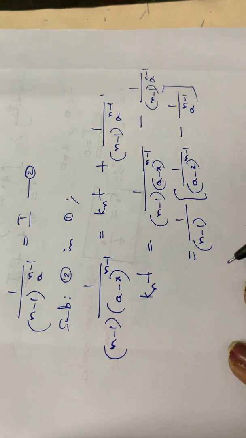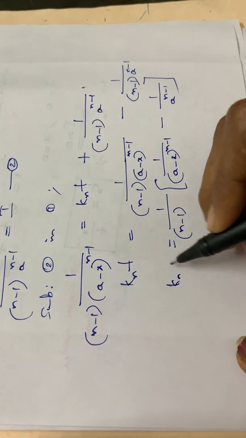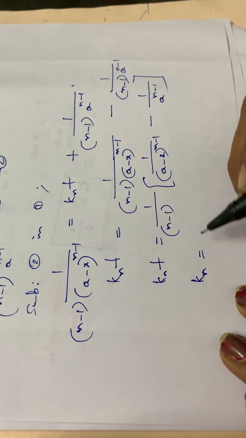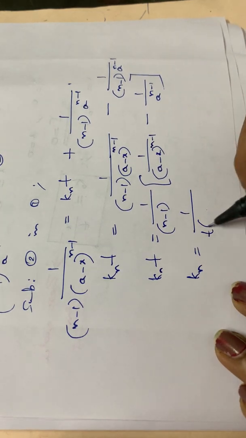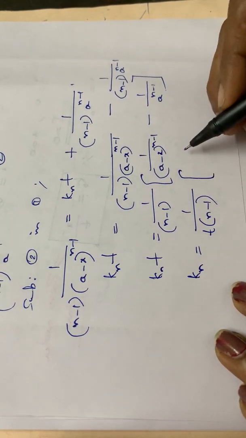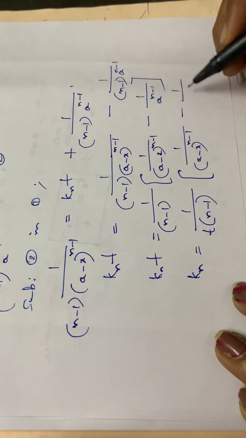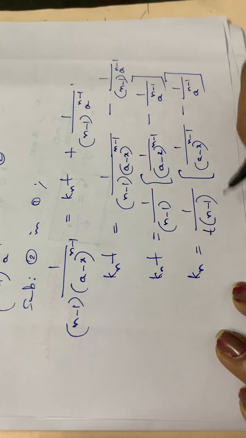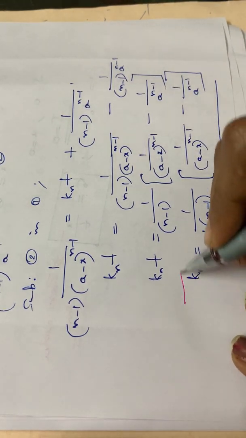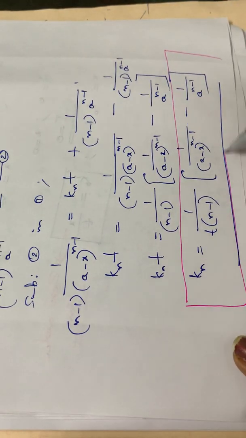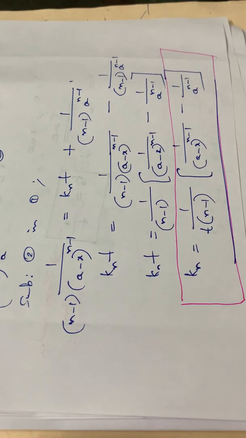Okay, so the answer will be equal to this particular term. Then again, this is knt, then you have to take the kn. So kn is equal to 1 by t into n minus 1 into 1 by a minus x raised to n minus 1 minus 1 by a raised to n minus 1. So this is the integrated rate expression for an nth order reaction. You have to study this reaction also.